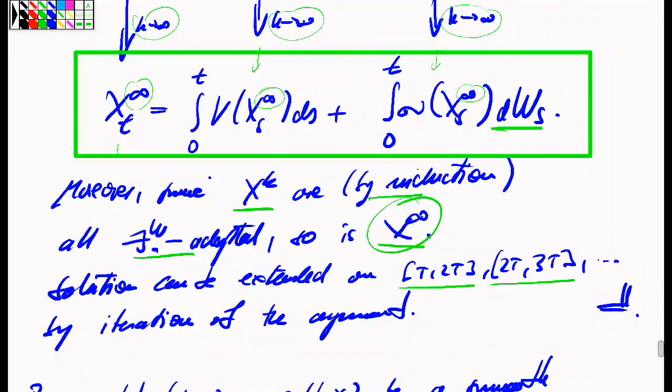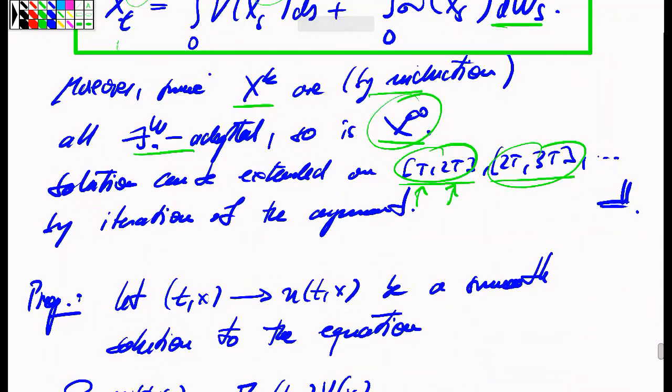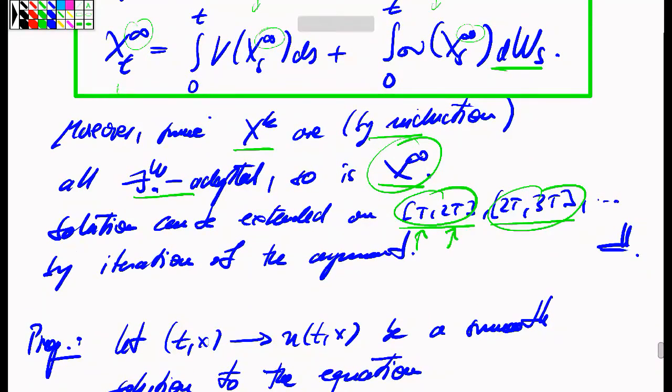these finite intervals when I restart the argument at the terminal value, which is then a random variable, but nevertheless the argument will be the same. From there I can start, as new initial condition, the trajectories on this new time interval from T to 2T, and then I iterate, which produces these trajectories on the infinite time axis. Okay, so this settles in a way the final main theorem of this lecture,